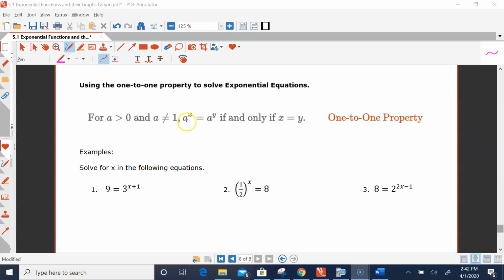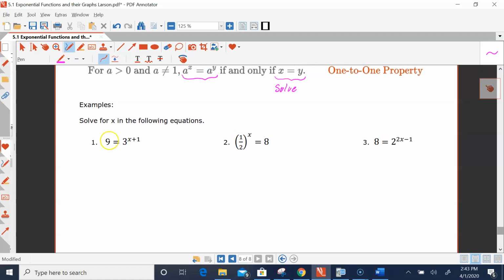If you have some base a to the x power, and you set that equal to some base a to the y power, if those two bases are equal, then it follows that the two exponents must be equal. So when I have this situation, all I'm going to do is set the two exponents equal to each other and solve that resulting equation. For example,